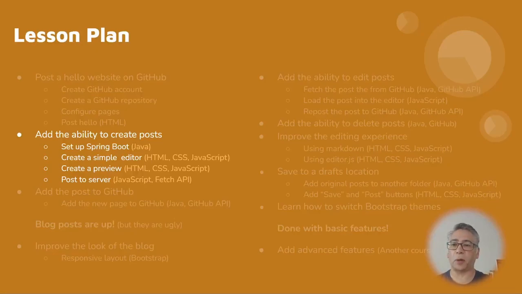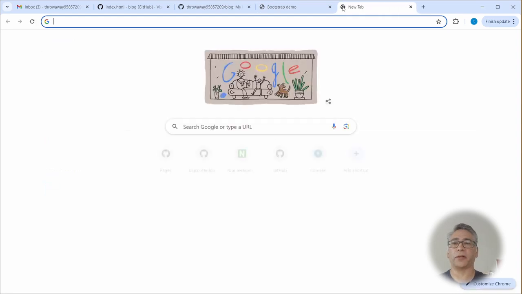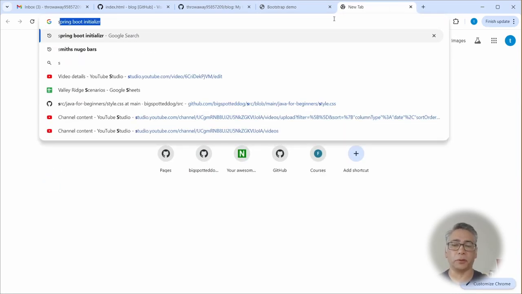Okay, in this part of the lesson plan, we are going to set up Spring Boot for Java on our local machine. So let's open up a browser. There you go. All right, open up a new tab, and we're going to type Spring Boot